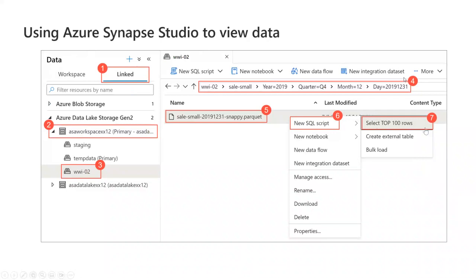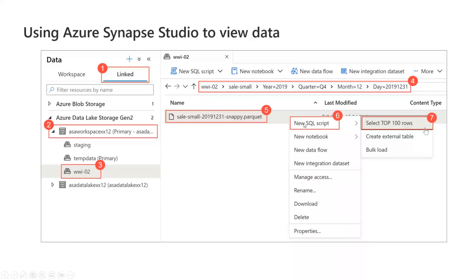You go into this hierarchy and take the file that you want to explore. In this case, it's called sale-small-2019 because it's in the year 2019, in the month, December 31st. Snappy.parquet, so it's a Parquet file.